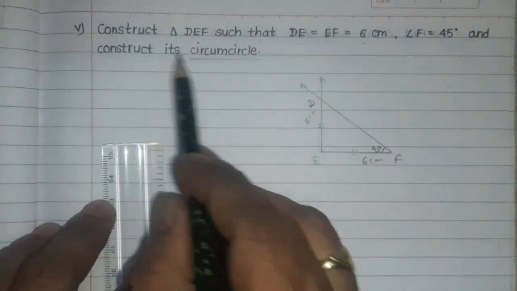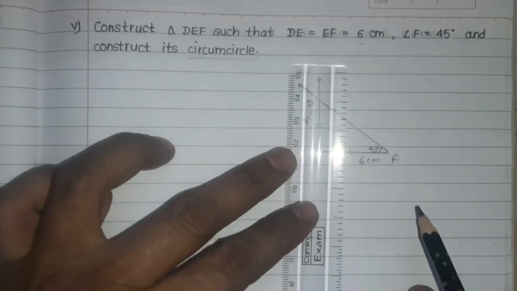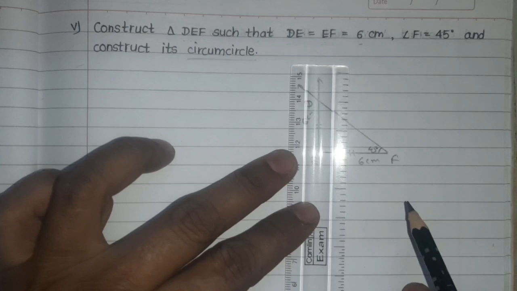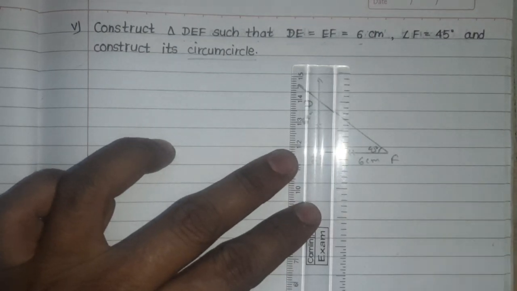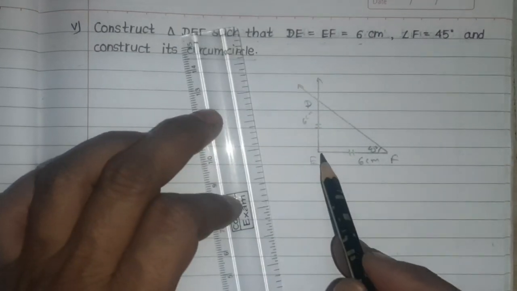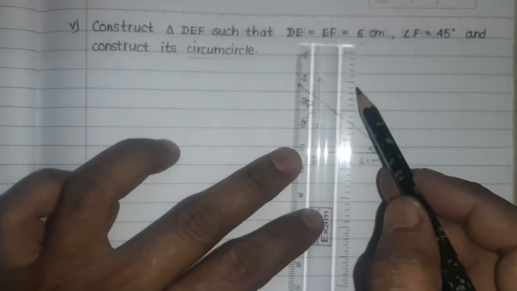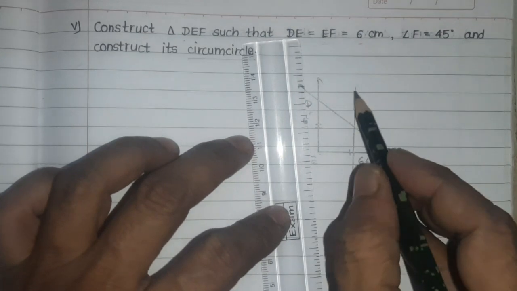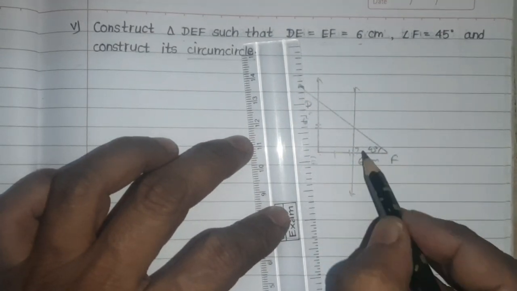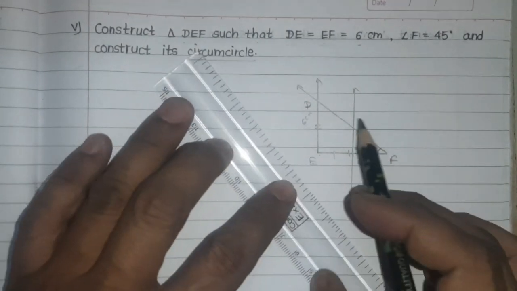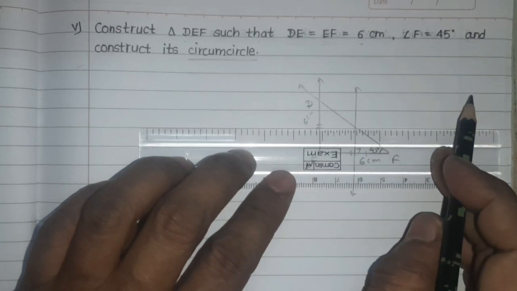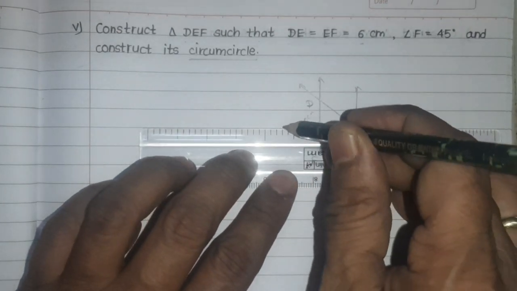To construct the circumcircle, we have to draw the perpendicular bisector. First of all, we have to draw the perpendicular bisector of EF. It is like this. This is perpendicular bisector, and we have to draw the perpendicular bisector of DE. It will be like this,